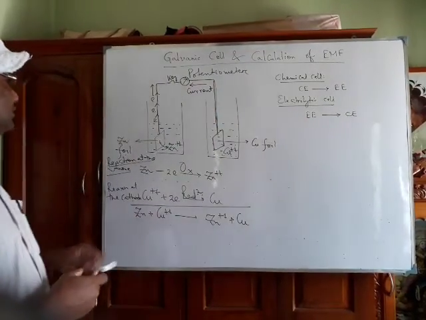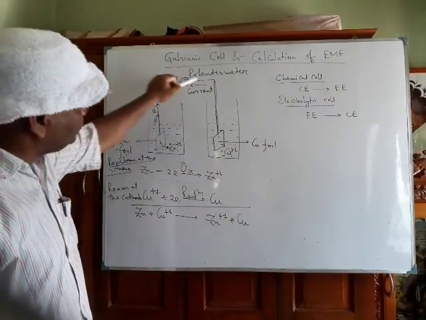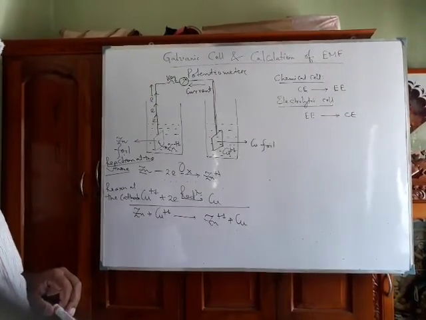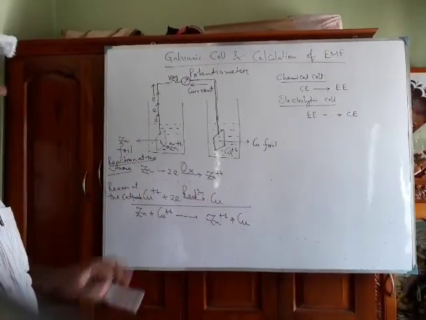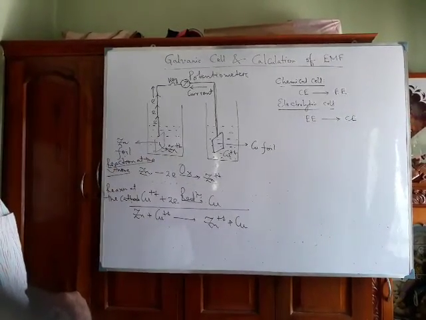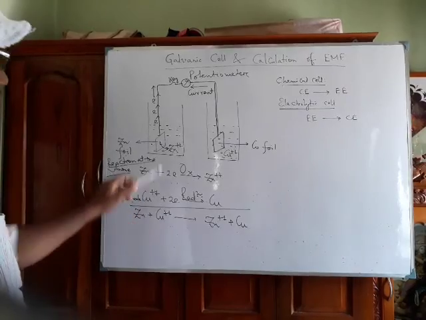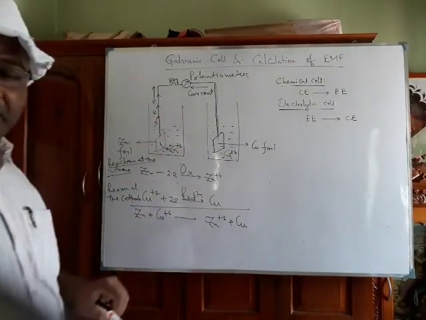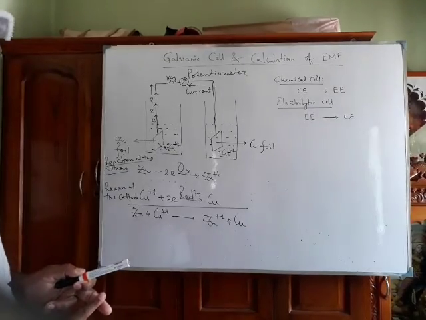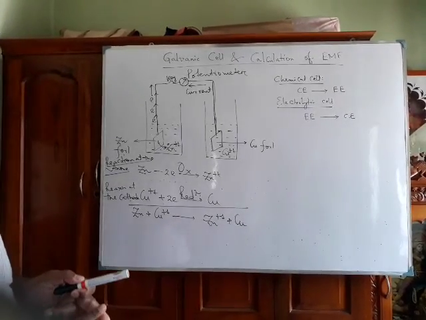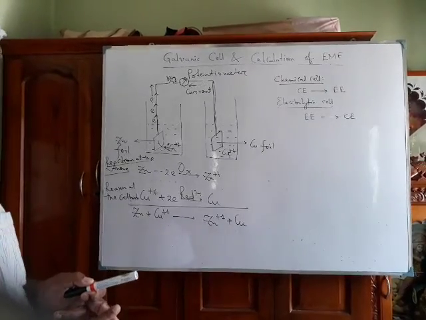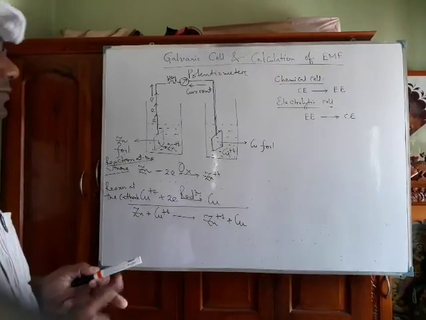That's why this is the direction in which electrons will flow, and this is the direction in which current will flow. But remember, a very interesting point is that in this case practically there will be no flow of electrons. Why? The very simple answer is, the circuit is not complete. You know, in the chapter on electricity, if the circuit is not complete, then there will be no net flow of electrons, hence no net flow of current.